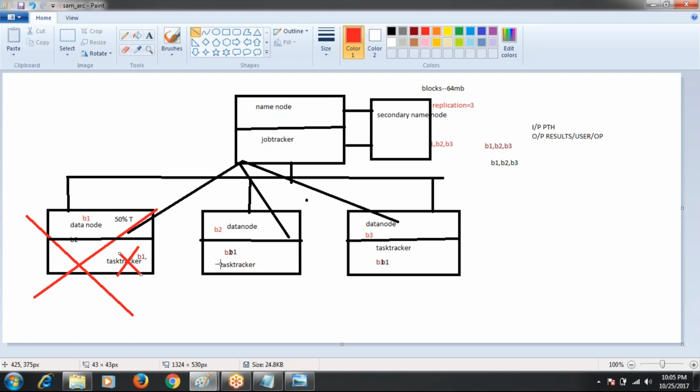But nowadays, one more ecosystem component came into the market, that is called Spark. Spark is also similar to MapReduce. Now, in the present version of Hadoop, we have two options. In 1.x, the Hive queries are converted to MapReduce.